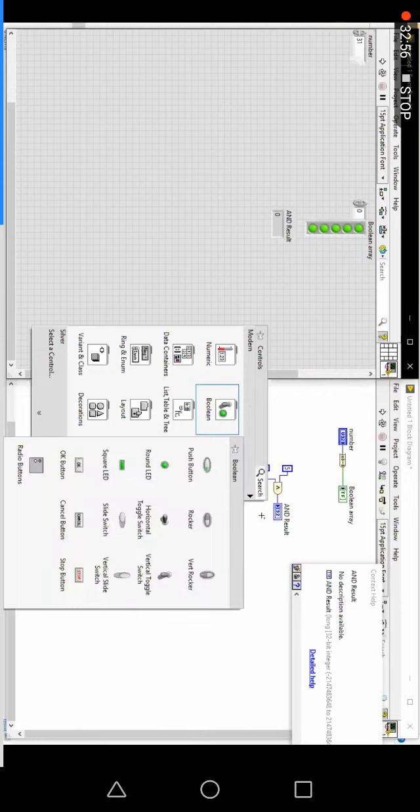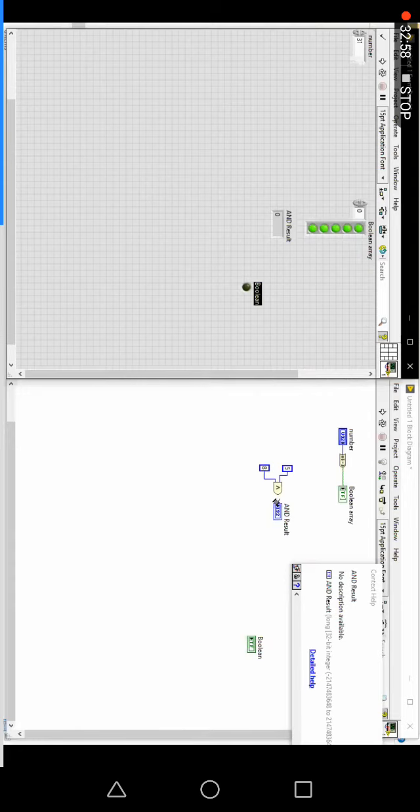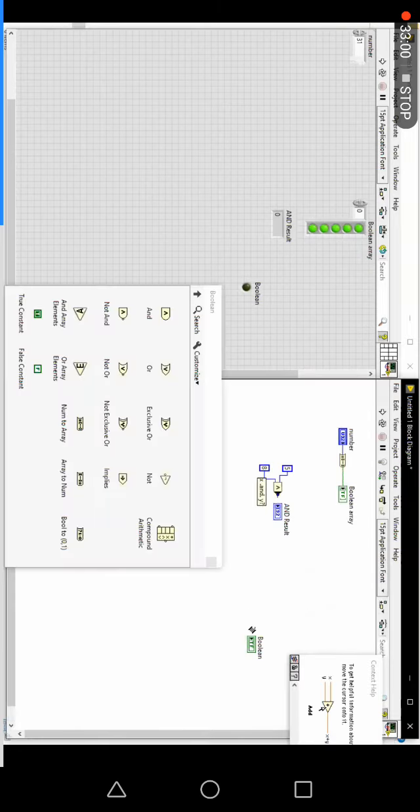Again, how will F come? F will not come over there. That is a numeric indicator. If it is a number indicator, F won't come. So you have to identify this first thing. If your answer is a boolean answer, how will you get a numeric indicator? Both the things will not be connected over there. So try to connect a boolean indicator also. See here, I am connecting a boolean indicator.